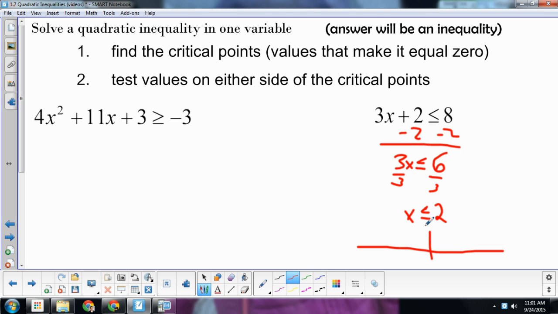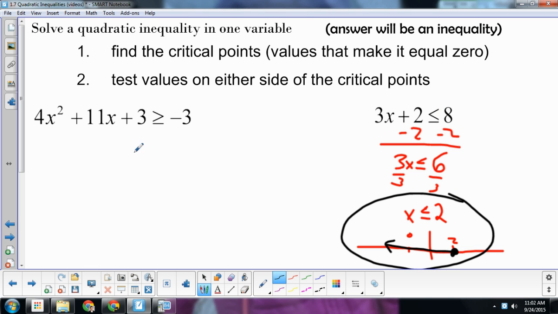So let's say that we'll put 2 right here on a number line, and this is 1, and this is 0, etc. We would put a solid dot because this is or equal to at 2, and less than would mean to the left on a number line. So there's all of the values that are solutions to this particular inequality. So the same idea is going to apply here, even though I've got a square term. Now I have a quadratic inequality. It's still in one variable. Our answer is going to be an inequality, a set of x values that work